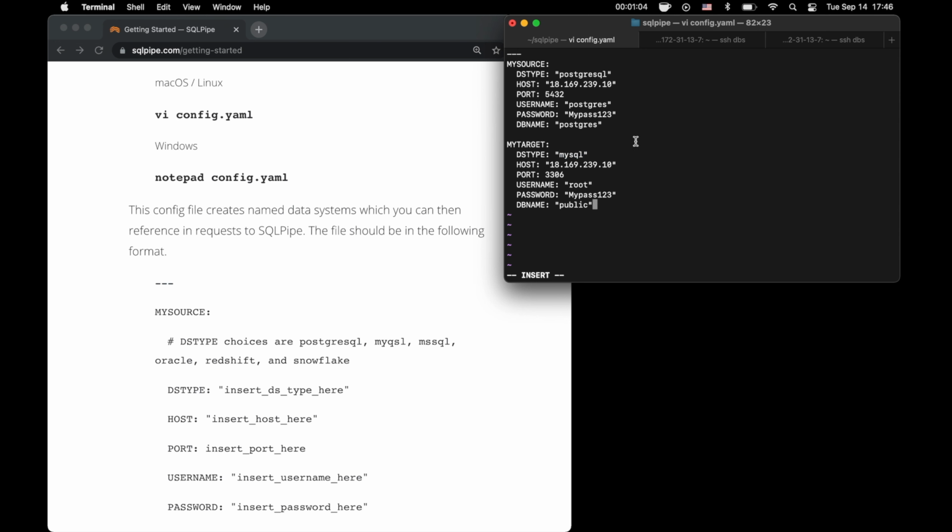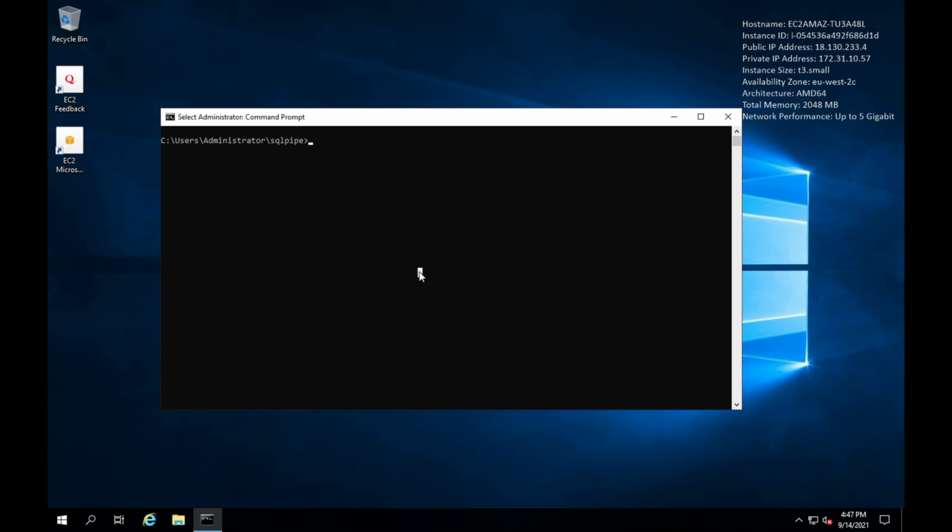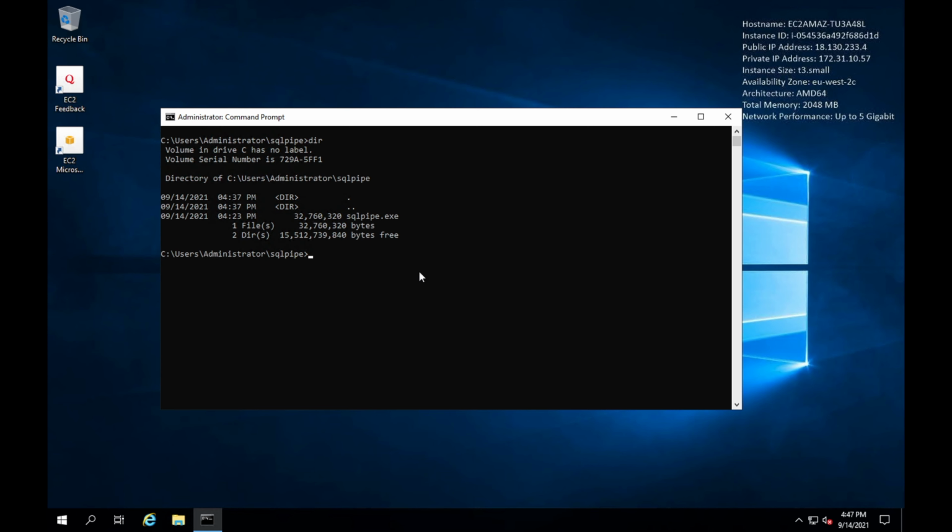To exit Vim, I'm going to hit escape, then :wq to write and quit. And then if I ls, I can now see that I have a directory, and in that directory I have SQLPipe, which is the executable file that actually runs, and config.yaml, where we supply the information it needs to connect to those data systems. Next, we'll go to Windows, and I think, yep, we are in the SQLPipe directory,